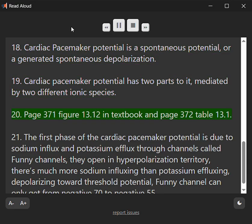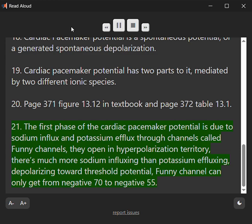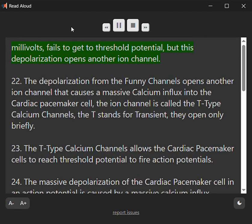20. Page 371 Figure 13.12 in the textbook and page 372 Table 13.1. 21. The first phase of the cardiac pacemaker potential is due to sodium influx and potassium efflux through channels called funny channels. They open in hyperpolarization territory. There's much more sodium influxing than potassium effluxing, depolarizing toward threshold potential. Funny channels can only get from -70 to -55 millivolts, failing to reach threshold potential, but this depolarization opens